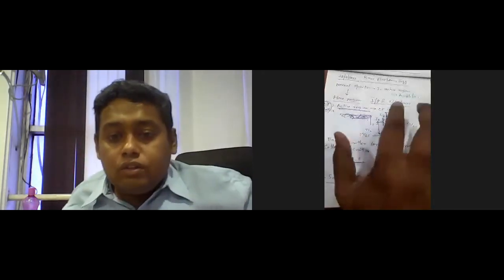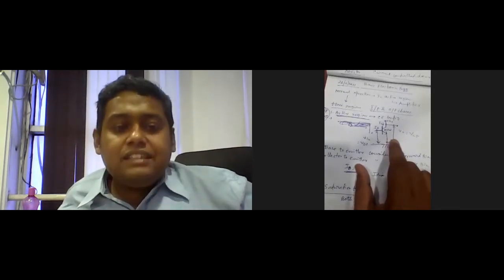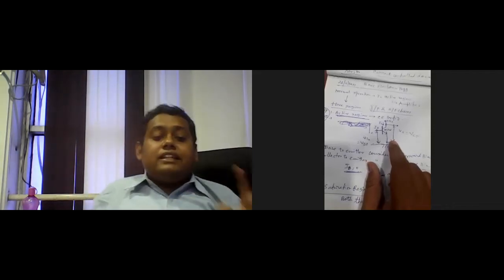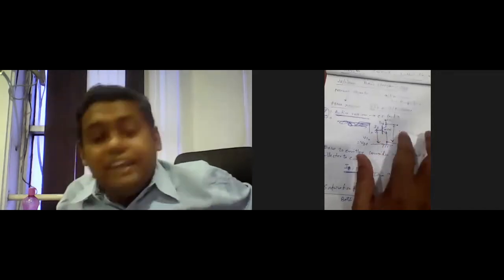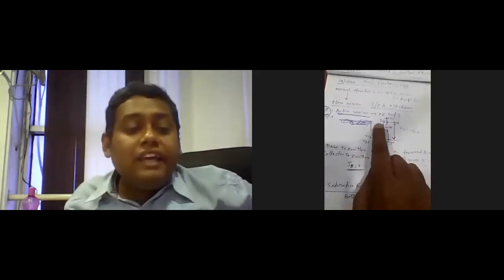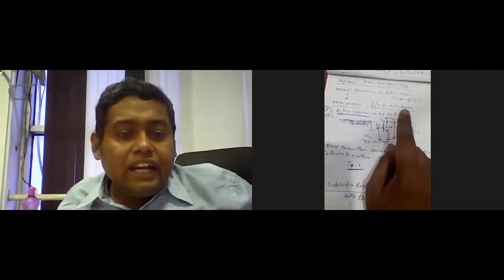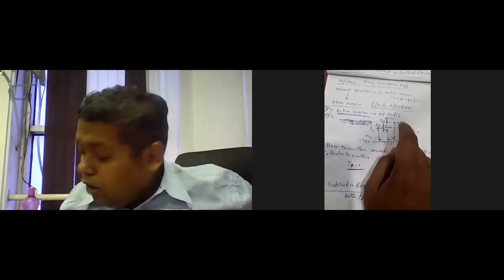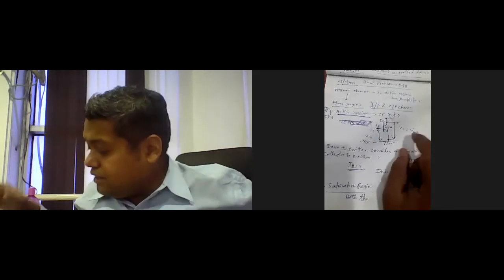So when we discuss the active region, we will consider one specific model of common emitter configuration. In the last class, we already discussed the common base configuration and the different current components. Here, we will consider the common emitter configuration, where the input current is IB, the base current, and the input voltage is VBE, base to emitter voltage. Output current is considered as IC, and output voltage is considered as VCE. In the script, it is already clearly defined.